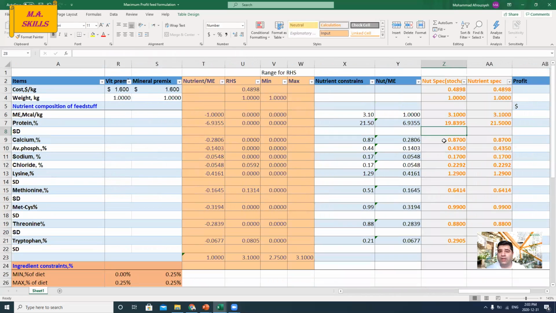And now you can see this value, 19.83, is different from 21.5, because this nutrient specification takes into account the SD value of proteins. So I need to do same thing for lysine and for other amino acids. See, now lysine